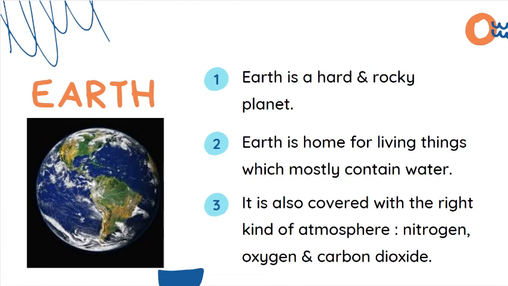Earth is home for people, plants, animals, and other living things to live because it has both water and the right kind of atmosphere. The highest temperature ever recorded on Earth is about 60 degrees Celsius, and the lowest recorded temperature is about minus 85 degrees Celsius. Do you know when the first picture of the Earth was taken? It was taken in 1968 by American astronauts when they did spacecraft traveling to our moon.